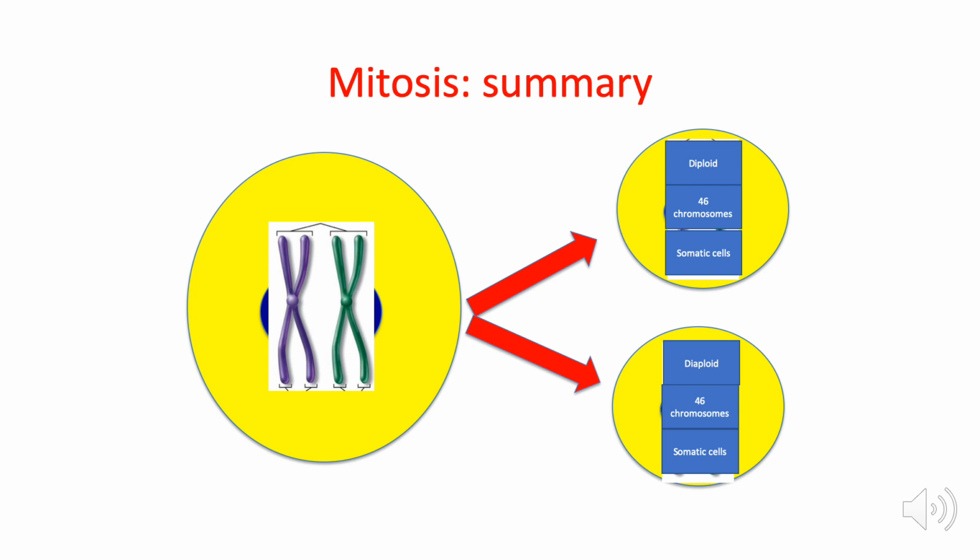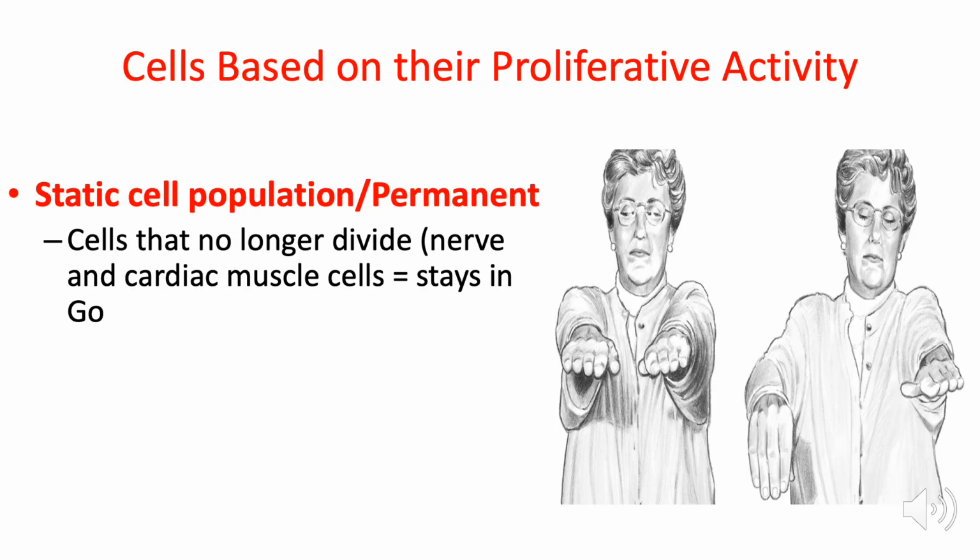At this point, we will now try to classify cells based on their proliferative activity. Those that no longer divide because they prefer to stay in G0 or out of the cell cycle are called the static cell populations or the permanent cell population. Examples of these are our neurons, because once a person develops a stroke, you will notice that the person will